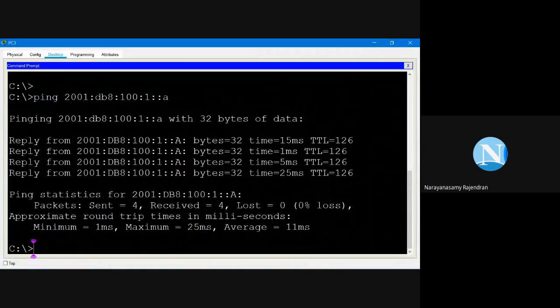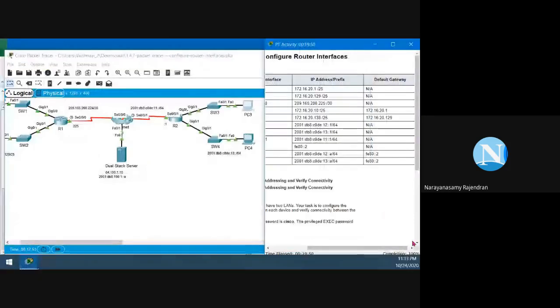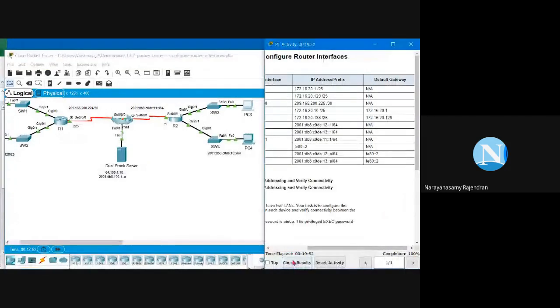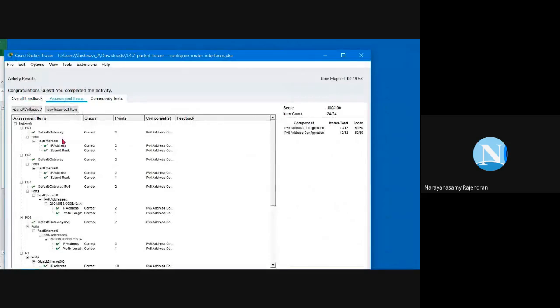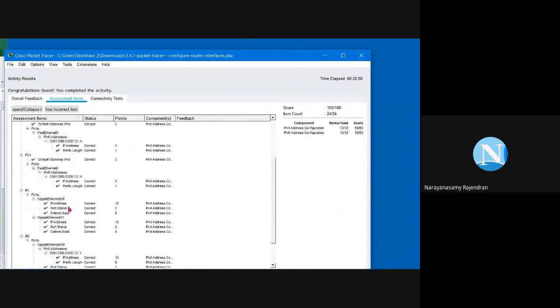Our activity is over. If you have any doubt or queries, if you are not able to complete it, just look here. We completed 100%. If you have any queries, go to Check Results and check the assessment items. Everything should be completed.